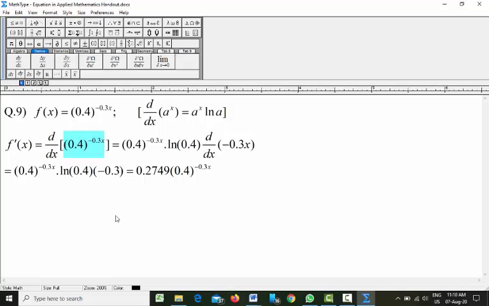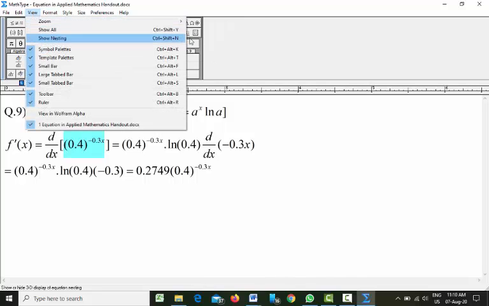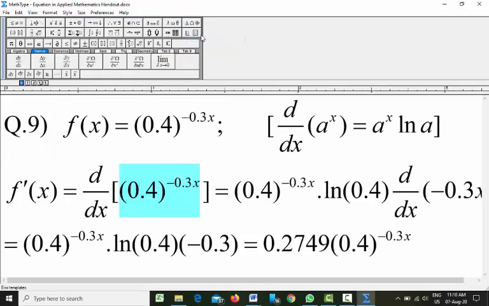So here we have a power over a number. We can see that this is a number, and we have a power over it. If you have something like that, and if you want to do differentiation, it's similar to e to the power x, like the previous one. So if you have a power over a number, you will get exactly that one back.